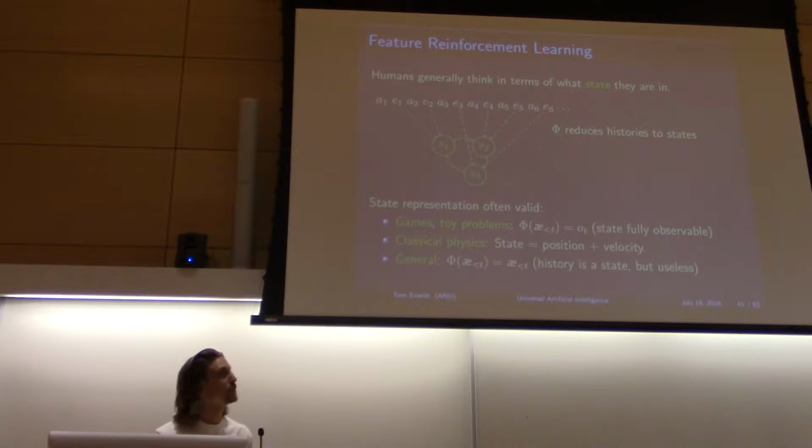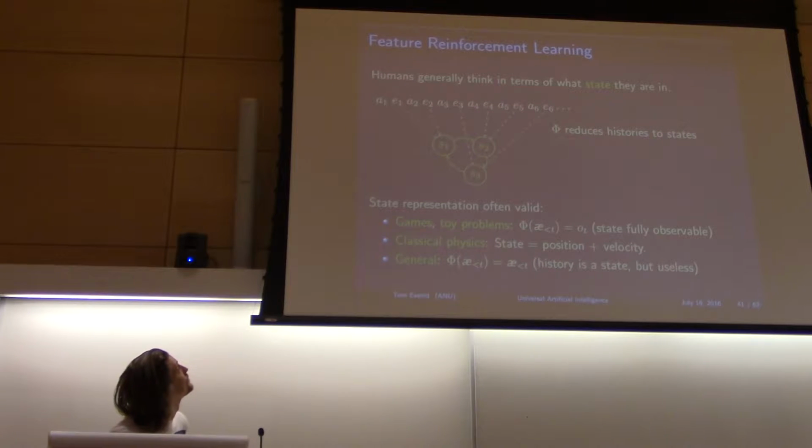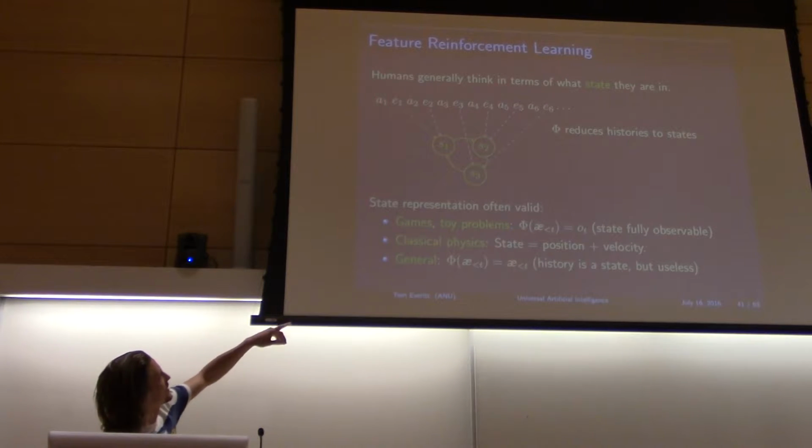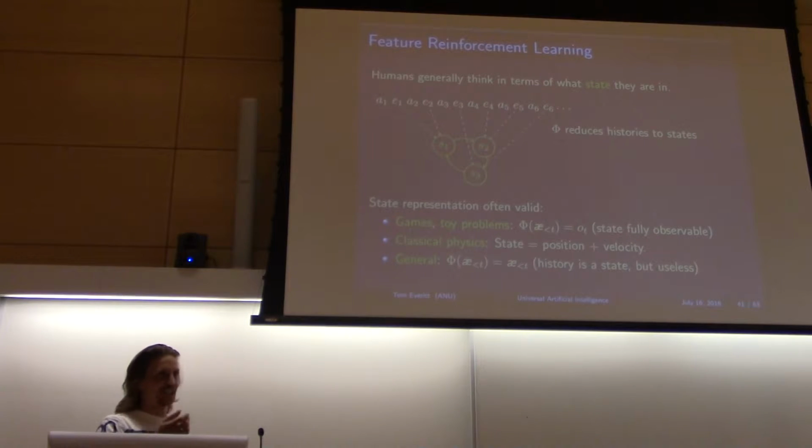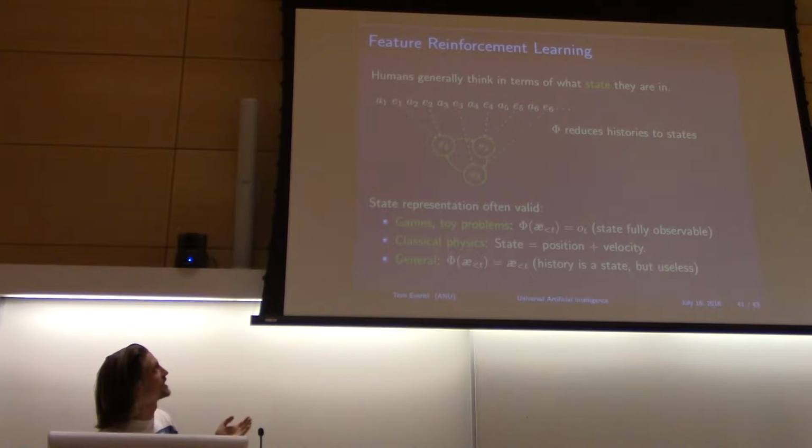So let me also say something about feature reinforcement learning. We have this agent and it sees these histories. And this is the same for humans, right? We take actions and we actually just get a sequence of percepts, but somehow we manage to infer states of the world. Like we generally think, I'm at home, I'm at work, I'm tired. We tend to think about the world in states and plan from states. So it's a natural idea to try to get agents to do the same thing, even though it only sees a history.